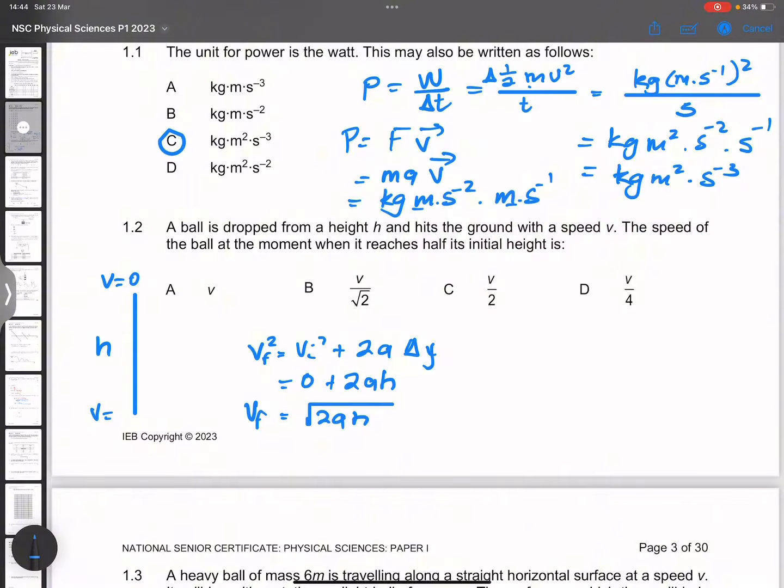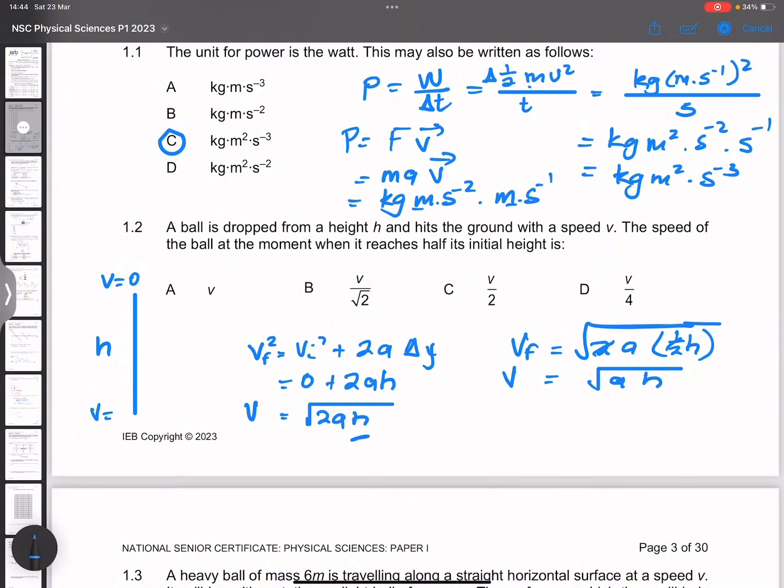times h, right? Now, to get to half its height, let's find out what the velocity would be if we get to half the height. So the velocity, right, if I use that formula there, that would be square root of 2, okay, and by the way, this is v, right? That would be square root of 2 times a. Now it's 1 over 2h, right? So that means that I can take that 2 times a half, that will give me 1, so I end up with square root of